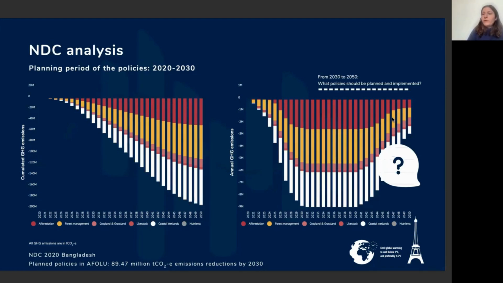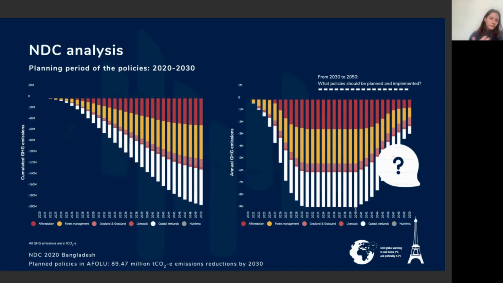that at some point what's going on afterwards, they will not be able to know. They already have, I think the period of implementation, yes, it was 2020 to 2030, but at some point you have this, the highest mitigation potential will be reached in 2031, will stabilize for 10 years, and at some point soils will reach equilibrium over time, and you will decrease the mitigation potential of the policies that you want to implement. So this is why the tool can help you have this long-term vision, because